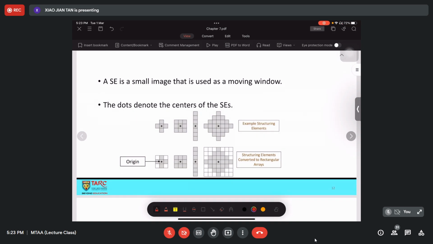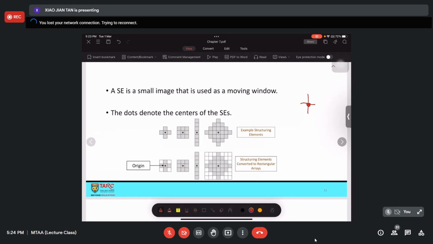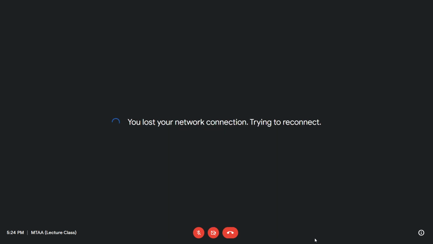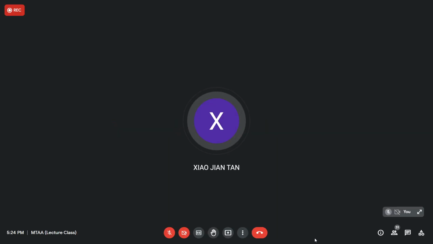Another thing is that in these slides, I always give you examples where the center point is always at the origin, at the middle pixel. In real cases, this is not a must.